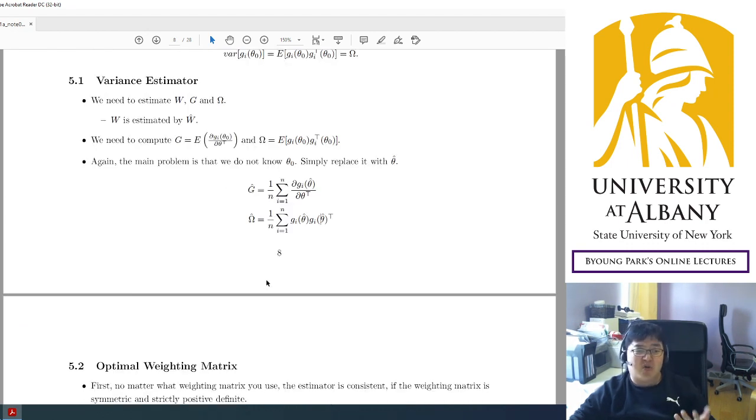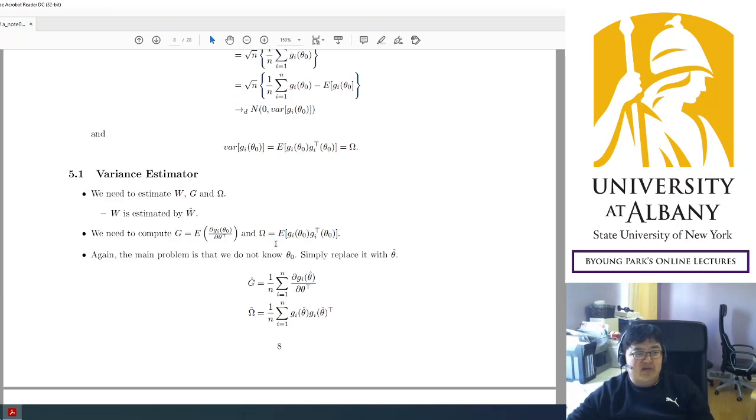How we choose the optimal weighting matrix and how we implement it is our next step. So far, consistency, asymptotic normality, and variance estimation are just simple extensions of the